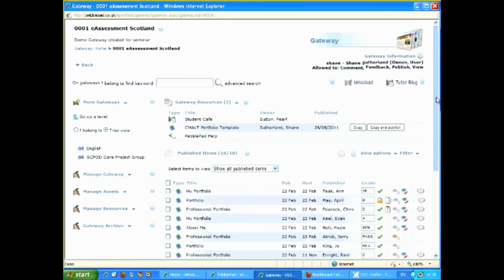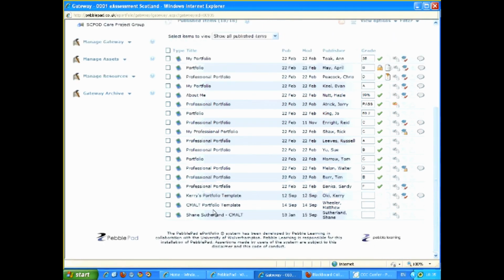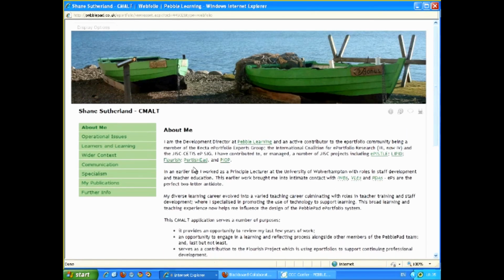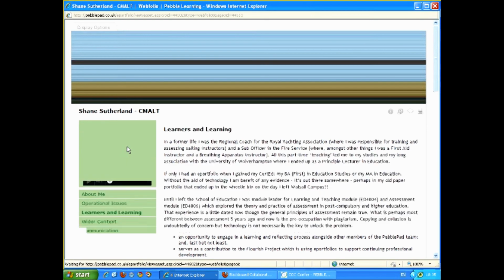And then if I scroll down, you'll see my work is now on this gateway. It's just a link back to that piece of work on my asset store. It provides no access to any other work that's in the store, and it allows me to carry on working on it until the gateway is locked, but it allows the tutor to open it up, to have a look at it, to provide feedback, to work through the various pages,